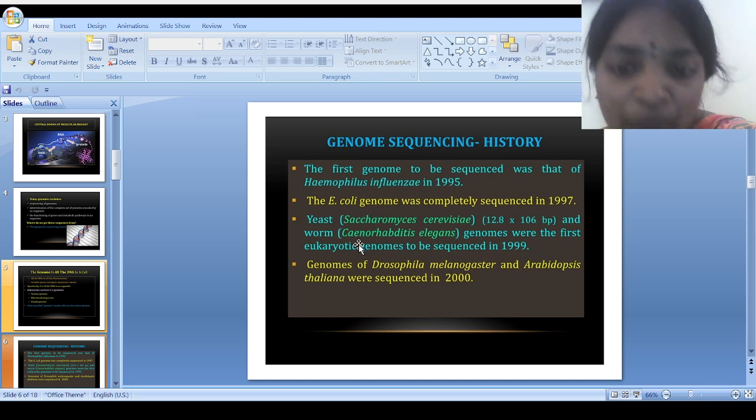and worms and some other eukaryotic organisms. So they have sequenced the genomes of eukaryotic organisms in the year 1919. Then this